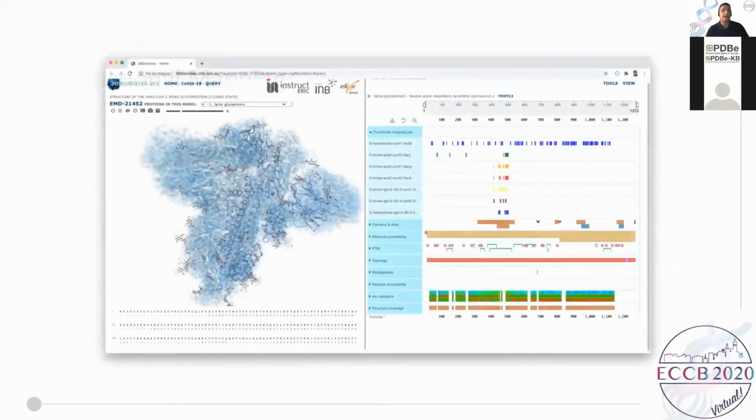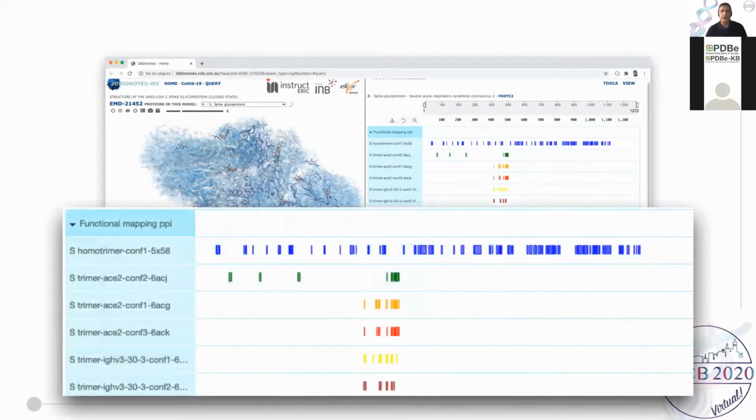In this effort for the COVID-19 edition, we are able to provide a set of annotations. For example, these functional mapping tracks allow you to locate the residues that likely constitute ligand binding sites and protein-protein interaction binding sites. This covers homo and hetero oligomeric interactions among SARS-CoV-2 proteins and other SARS-CoV viral or human host proteins.